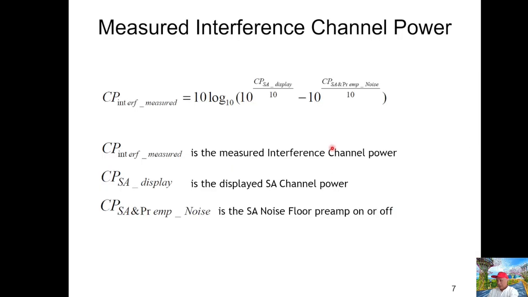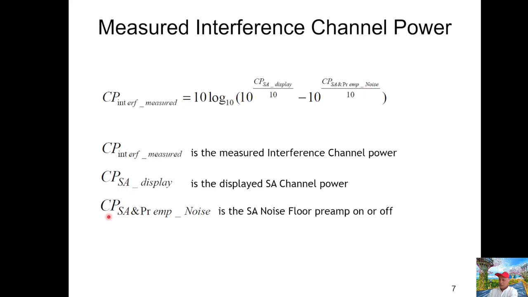Here, the SA and the preamplifier noise means the preamplifier can be on or off, because sometimes the noise is very strong, so you just can't switch the preamplifier on. You can try with your spectrum analyzer.